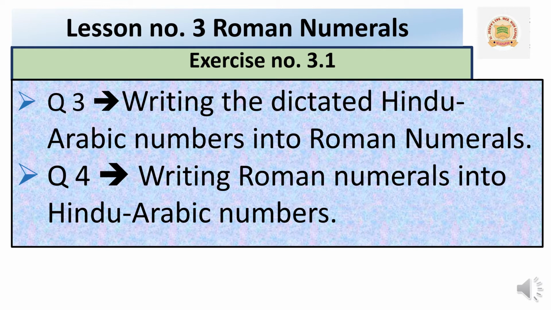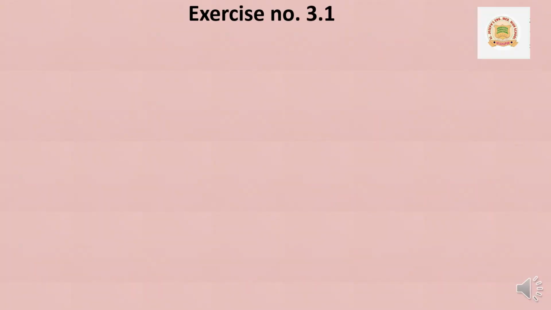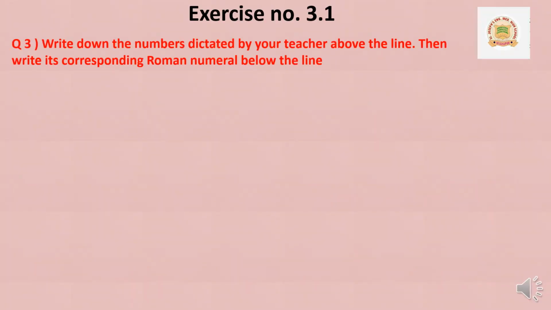Before we start, as I told you, Roman numerals are based on 7 alphabets. Which are those? I, V, X, L, C, D, M. These are the 7 alphabets we use to write the Roman numerals. While writing, we follow certain rules and regulations. I already told this in my earlier video. Today also, before solving each question, I will take up that concept once again for you.